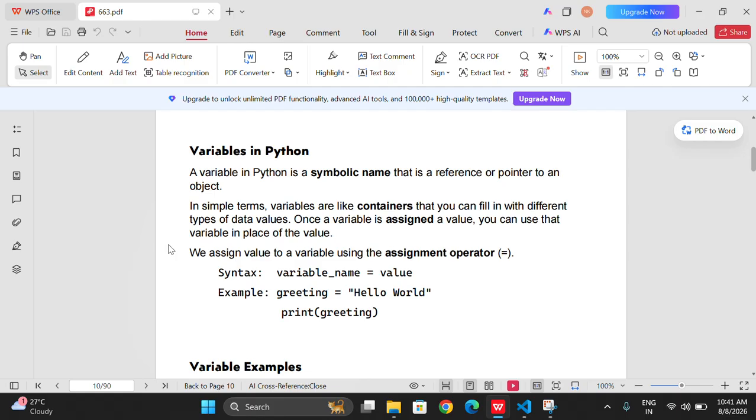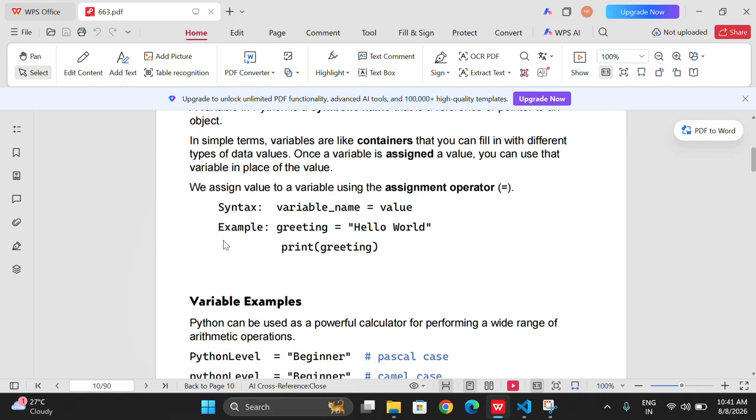And what is the syntax of the variable? That is, variable name is equal to its value. The value may be float, integer, string, and many more data type values. For example, greeting is equal to hello world. Now print greeting. Okay,